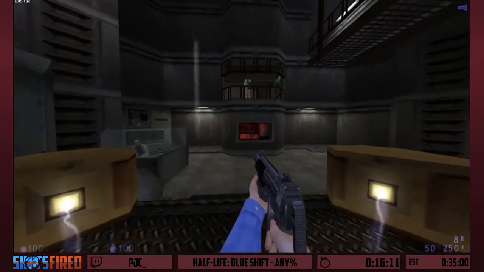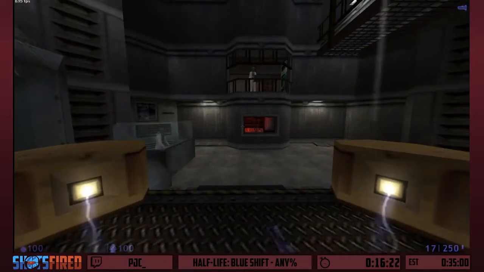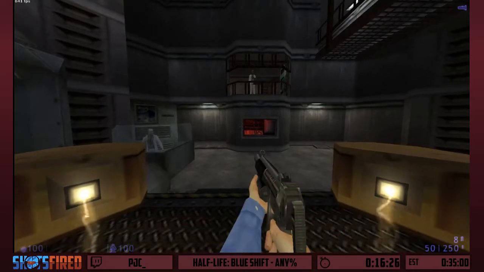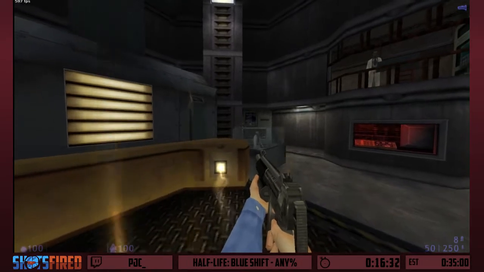So, we're about to be teleported to Xen, the alien border world, which you will have seen mostly in Half-Life 1, but also a little bit in Opposing Force. There's a whole chapter dedicated to Xen in this game, so it's actually one of the more fun sections